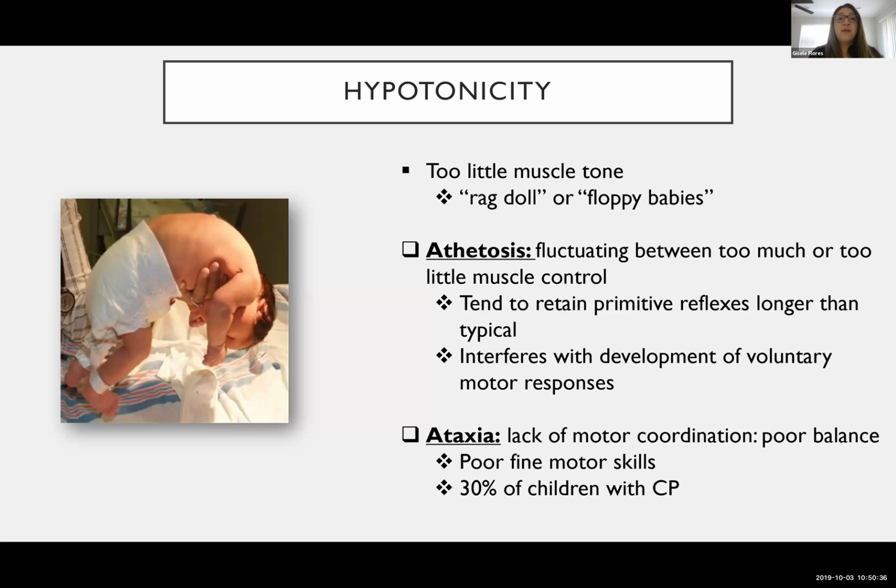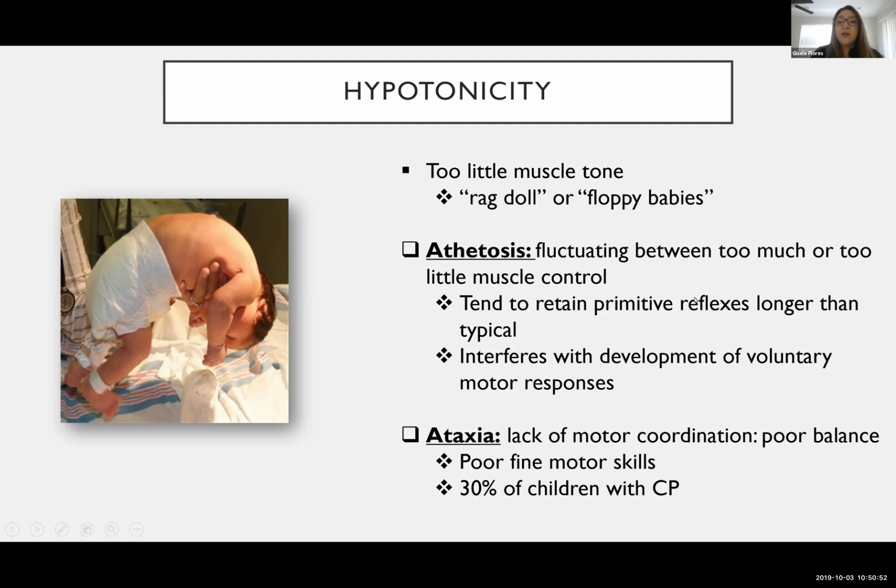and in the rest of her body. She ended up getting referred for genetic testing, and they found out she has a very rare genetic condition. That is what affected her low muscle tone, that hypotonicity.